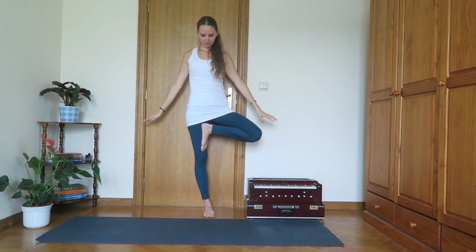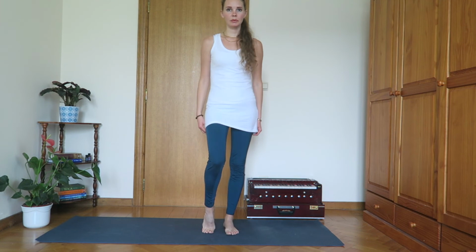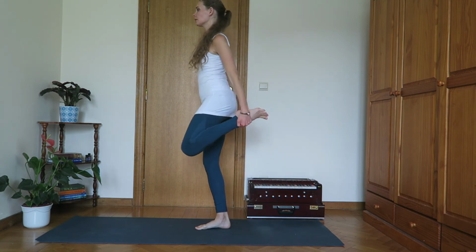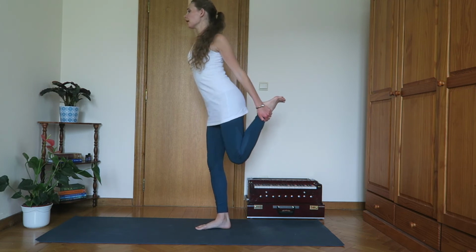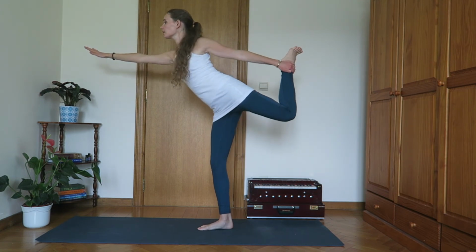And release. Now we go to the balancing pose, Shiva's dance. And here you balance on your right foot. Take your right ankle, open your hand, straighten the right arm up. Inhale, stretch the right arm up, and exhale, slowly bring your right arm down, the left leg up,